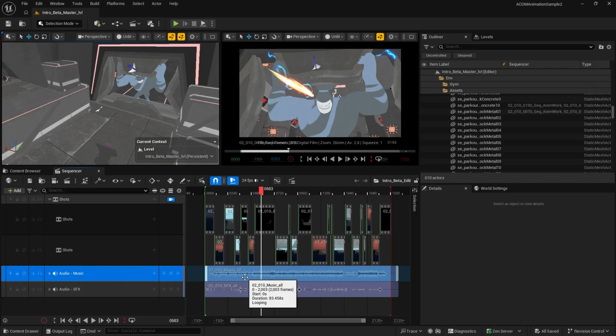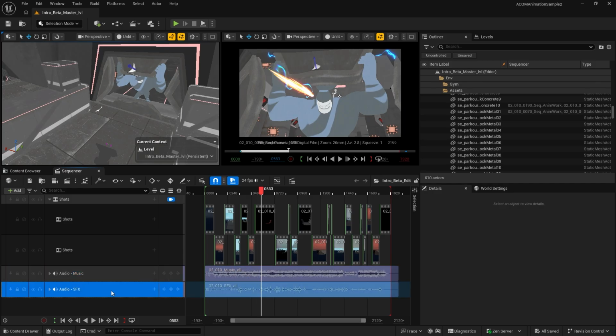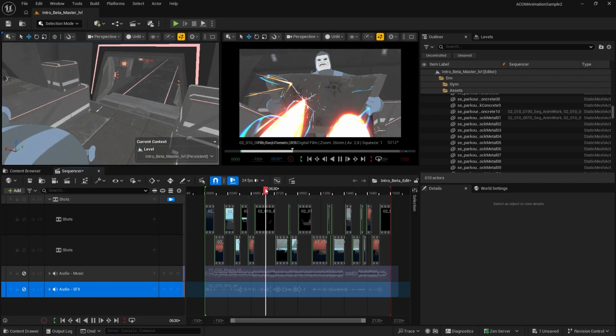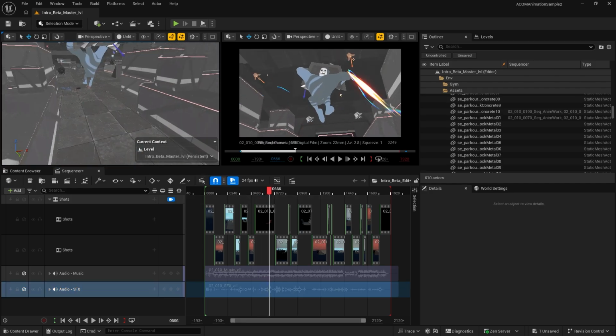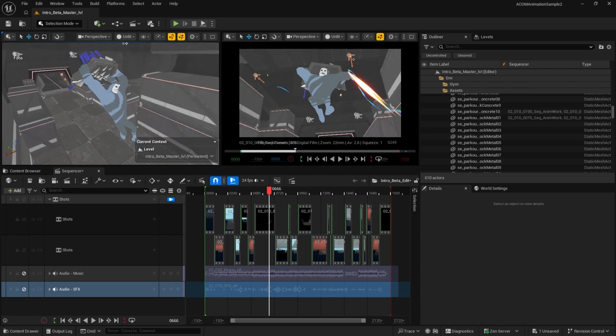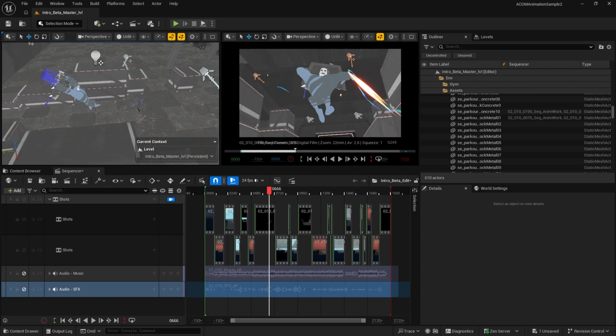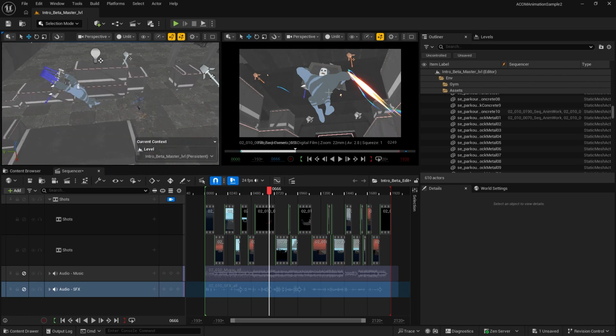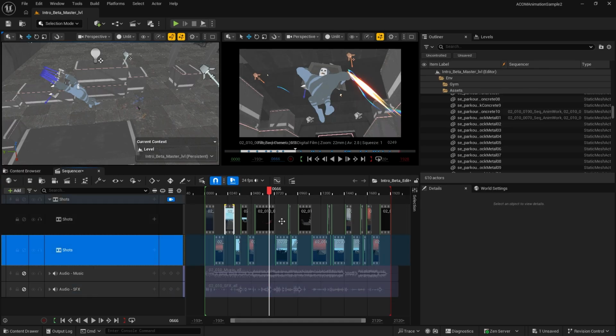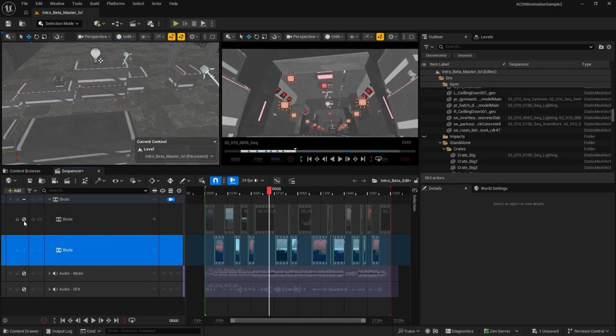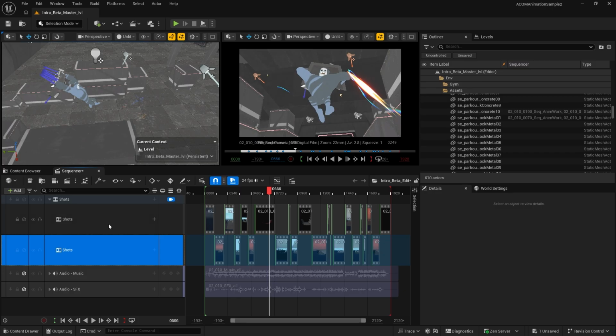Additionally, you have the audio music channel and the audio SFX. If you go here and click on these, you will not have any audio. If you press play, everything works without any audio. If you remember the animation, the character is making its animations here and he is in the air. So here we are on top. You can also close or open these types of tracks too.